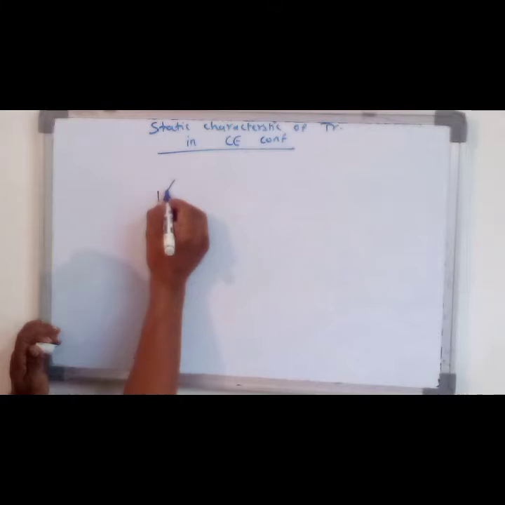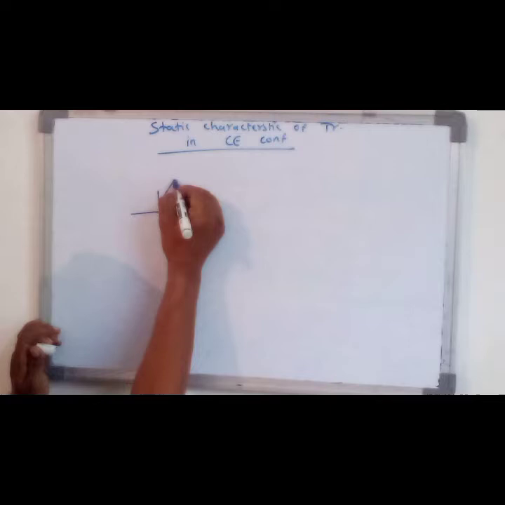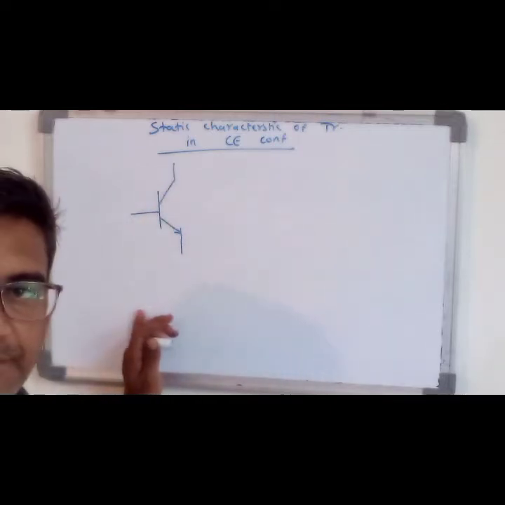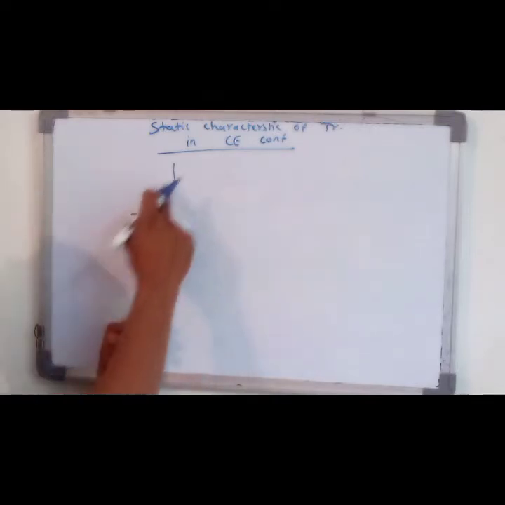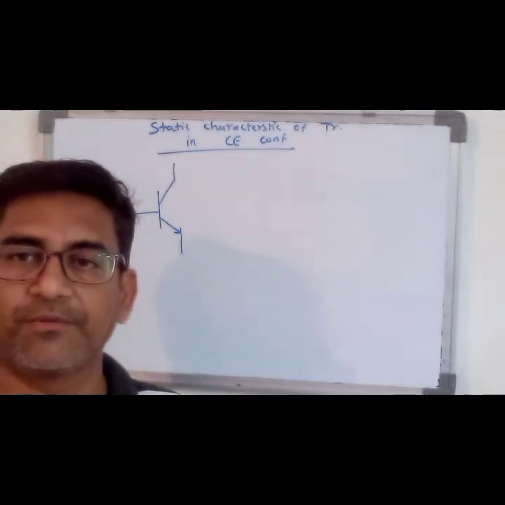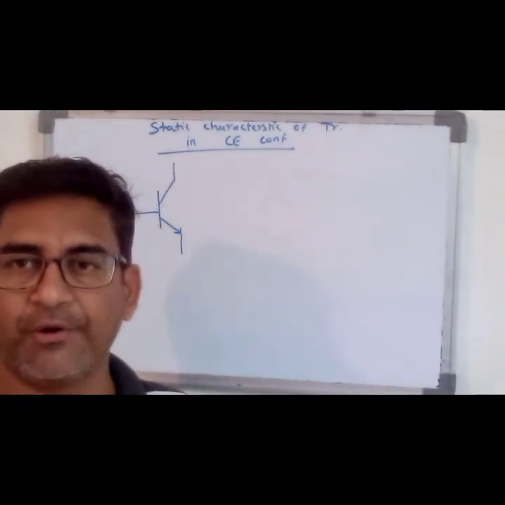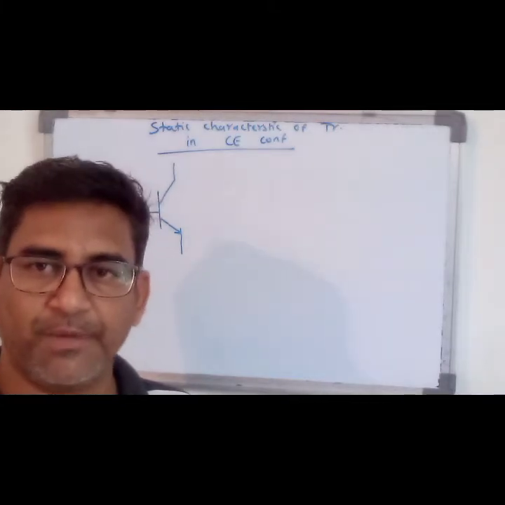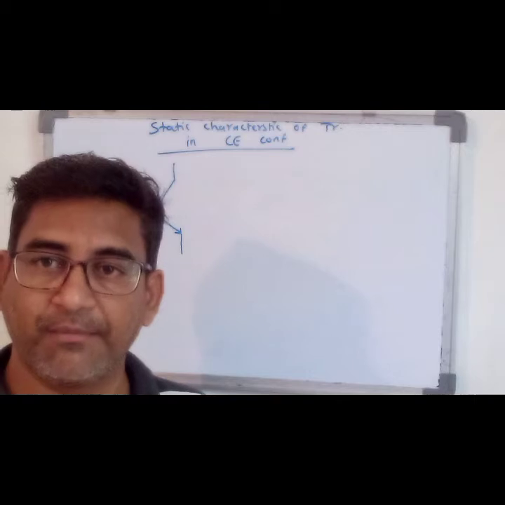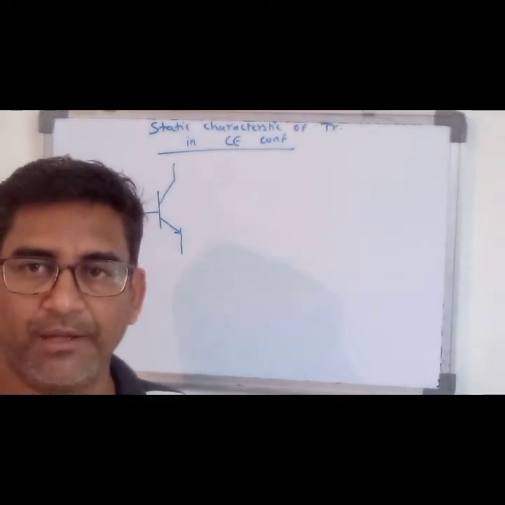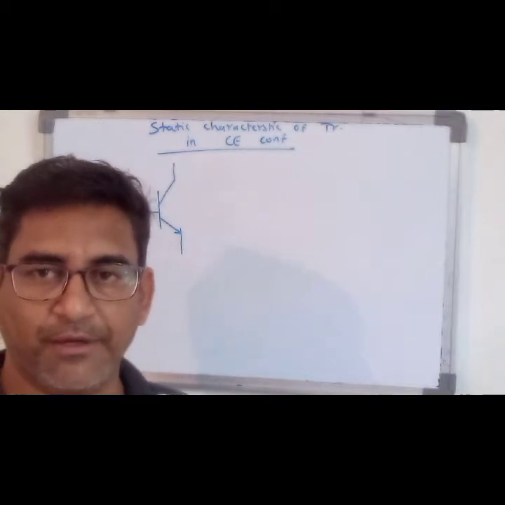We will draw the diagram. So this is the transistor. Here the base terminal, collector terminal and the emitter terminal are indicated like this. To these three terminals we are going to attach voltage sources and current sources. Some small current and some large current are going to be measured, and due to that current we obtain the output waves and the input waves.